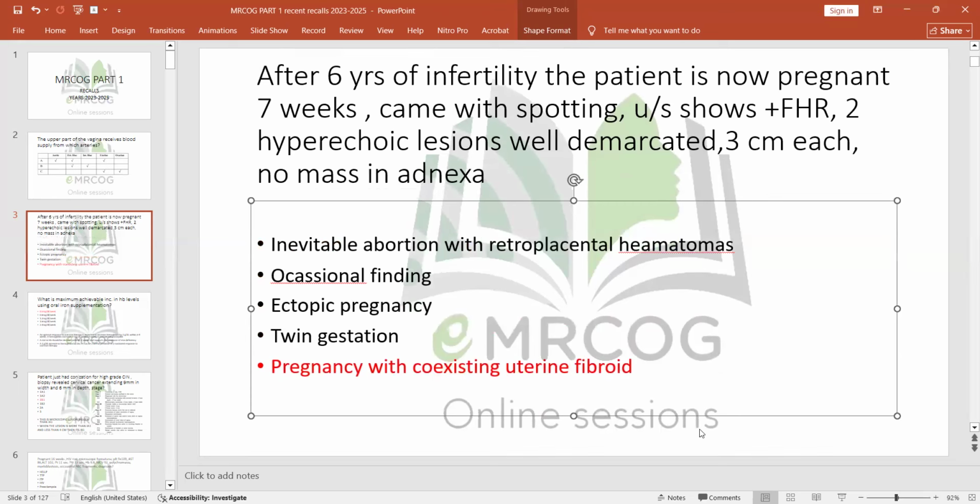Forget about what I highlighted or whatever, okay? I could do some typos. So you tell me, what do you think? Do you agree that this is a pregnancy with coexistent fibroid, or do you think that it could be anything else? Okay, let me do some exclusions. Number 1, the presence of a positive fetal heart rate does not mean that this woman is having an inevitable miscarriage. No way. I'm having a live baby, okay?